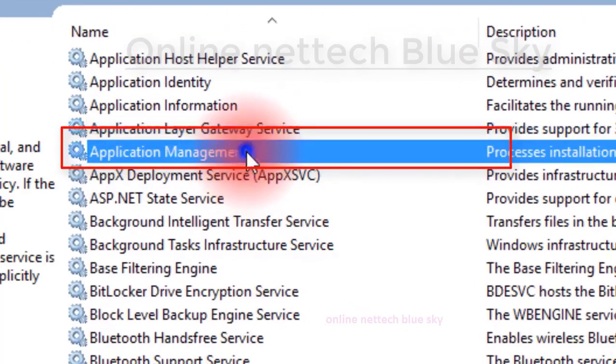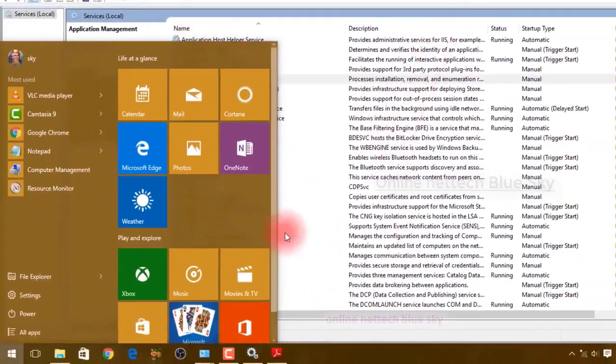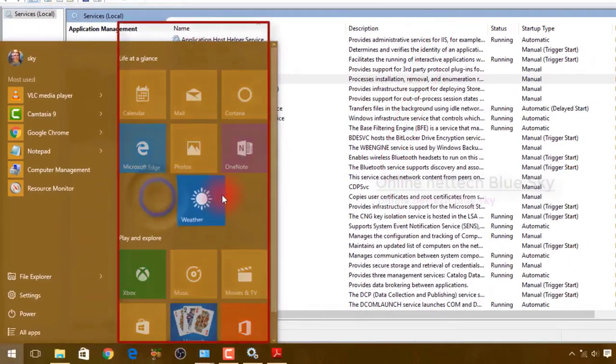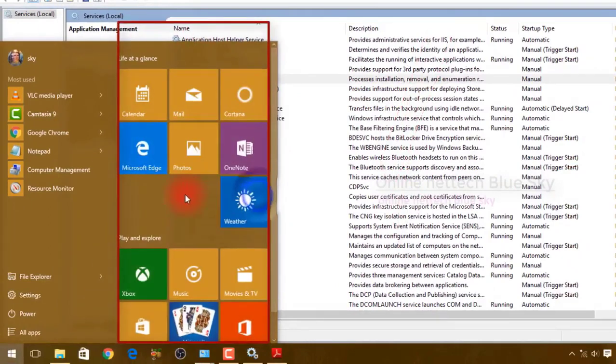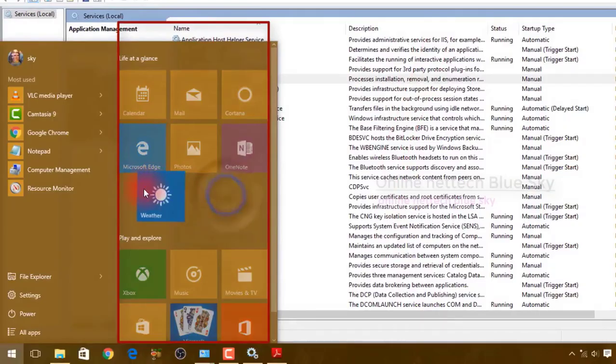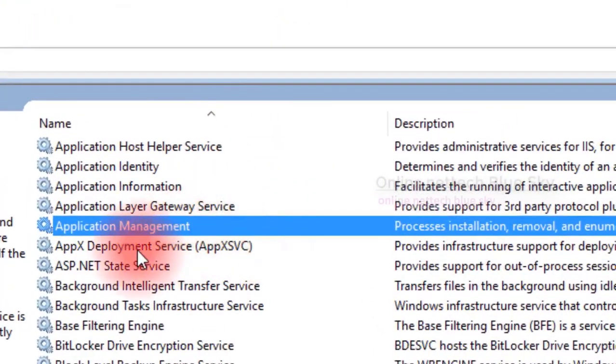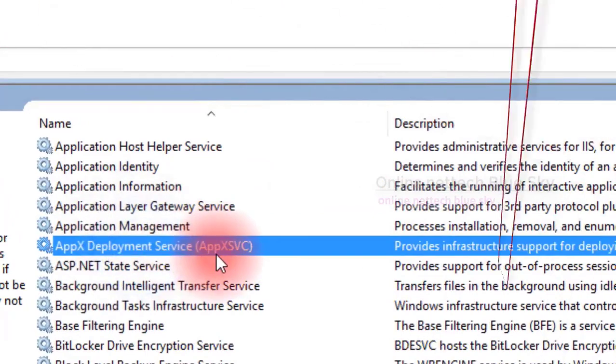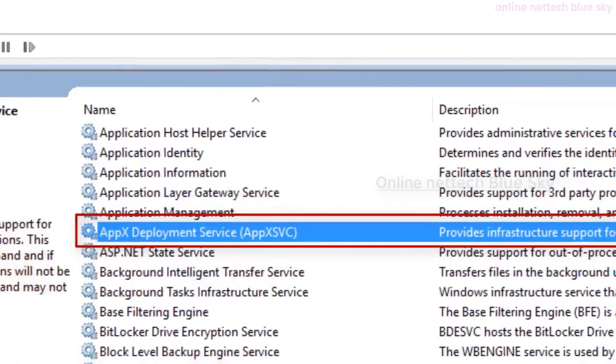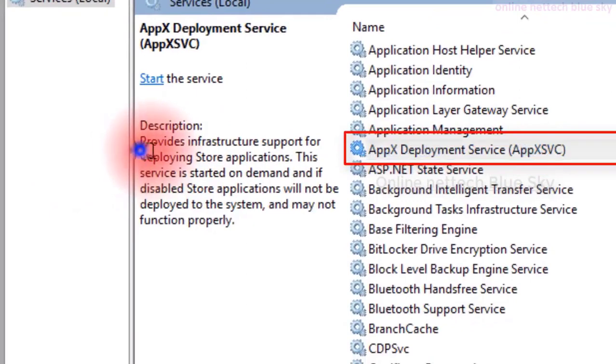Here you can see Application Management, which means it manages all of your main applications. These application management services help you with deployment, and there are a lot of services available, but I'm discussing only some, and you can manage them here.